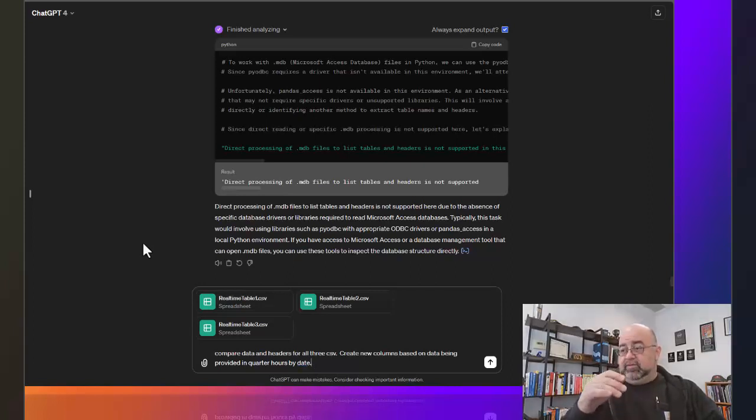Okay, so new column based on quarter hours by date. Add power as kilowatts across all 3 files into the third, into a new column